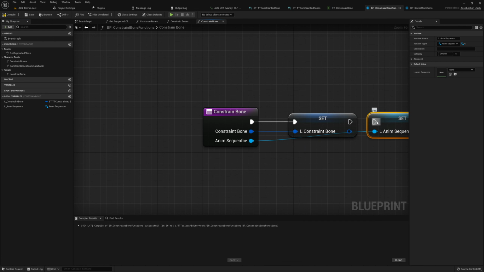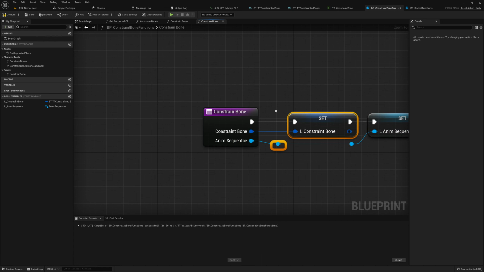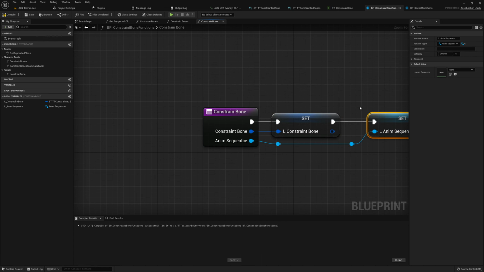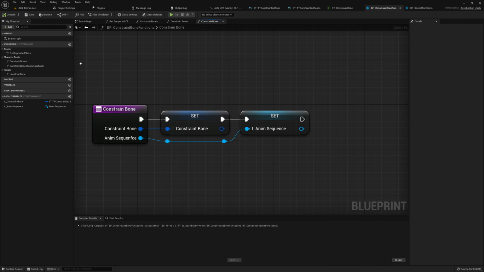So, and then make it a little bit cleaner. It's okay for me. So compile, save,